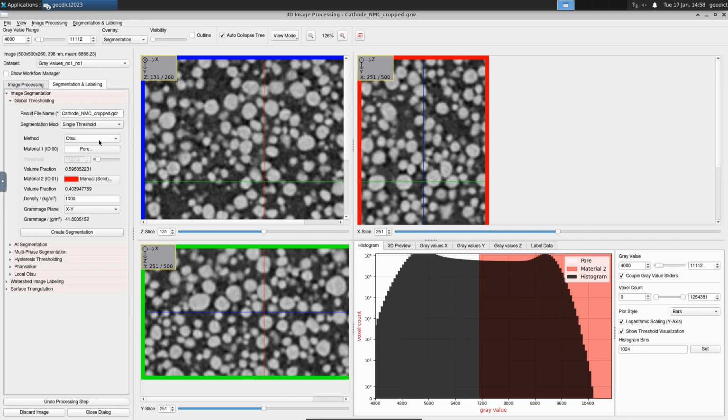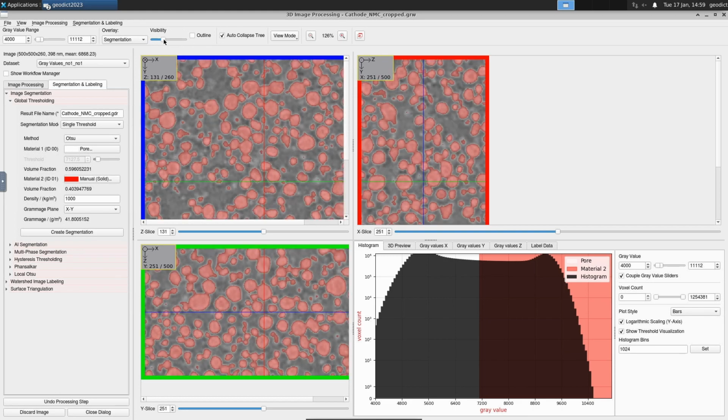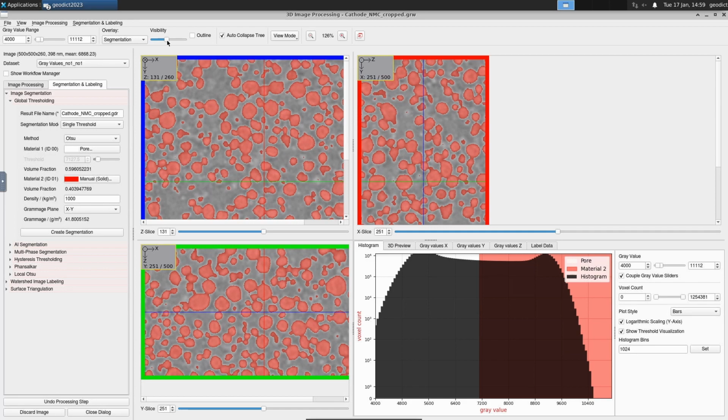This computes an automatic threshold based on the histogram of the data. Often this works very well. To see the previous segmentation, you might have to turn up the visibility slider up here. So turn that up and then you can see the segmentation.